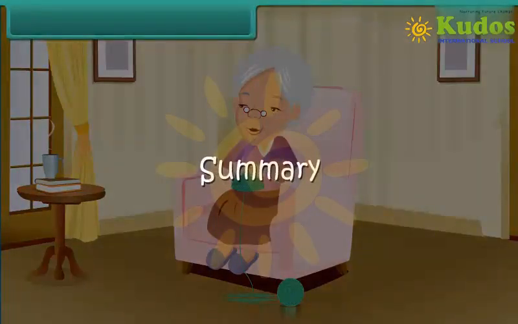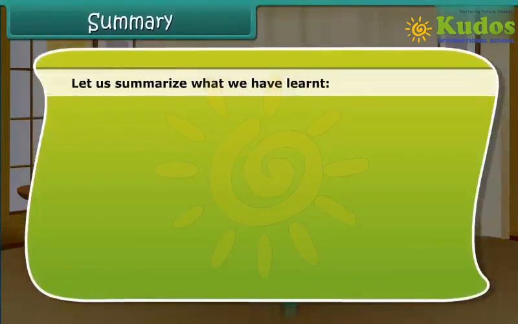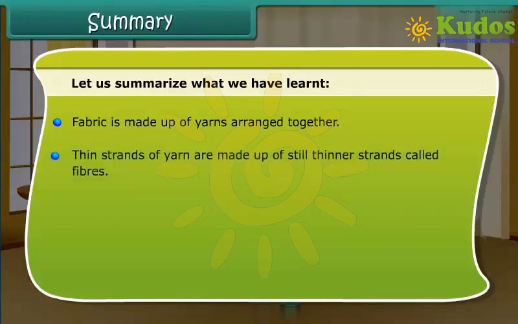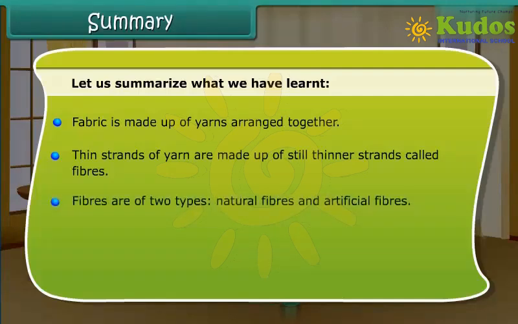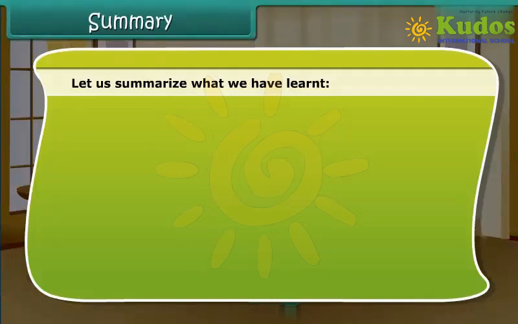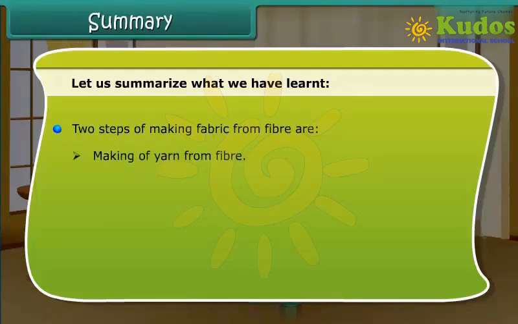Summary. Let us summarize what we have learnt. Fabric is made up of yarns arranged together. Thin strands of yarn are made up of still thinner strands called fibers. Fibers are of two types: natural fibers and artificial fibers. Cotton and jute fibers are obtained from cotton and jute plants respectively. Two steps of making fabric from fiber are: 1. Making of yarn from fiber. 2. Making of